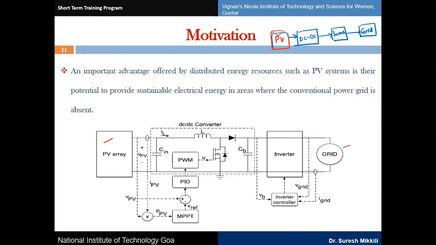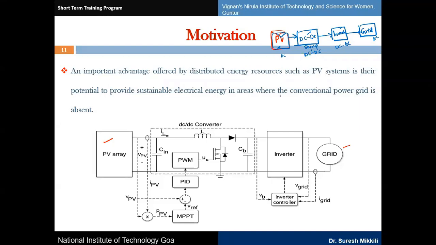We have PV panels, which may be series connected, series parallel connected, bridge link, TCT, honeycomb, different configurations. On the first day we studied DC-DC converters, yesterday we studied PV, and on the second day we studied inverters. Now, the small amount of power will be enhanced, with the voltage stepped up. The DC-DC boost converter, bidirectional, will step up the voltage, which will then be inverted and connected to the grid. So here DC to AC conversion happens, and here DC to DC conversion.